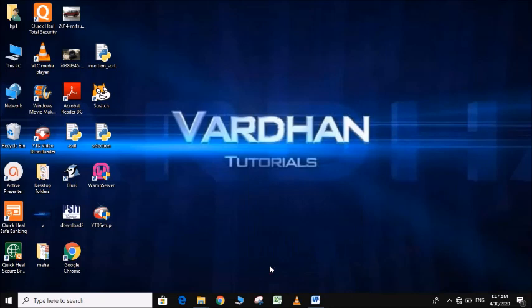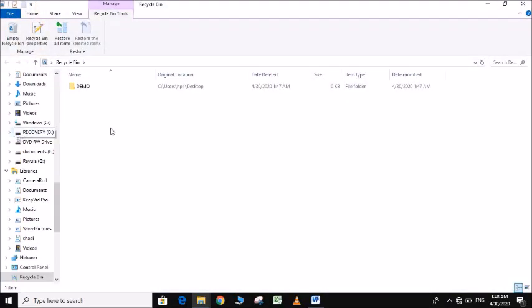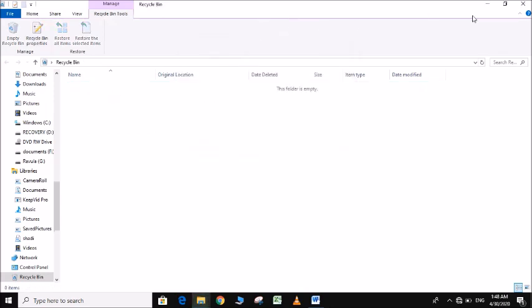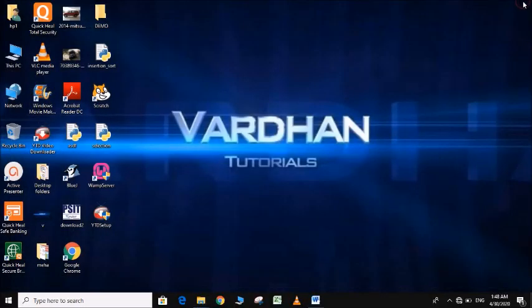You know that our deleted files and folders will go to the recycle bin. So if you want to restore our folder, we should go to the recycle bin. How to open? Double click on the recycle bin icon and then you can see our folder is here. When we right click on this folder, there are four options. The first one is restore. When we click the restore option, our folder will go to the original location where we had created this folder. You can see here.